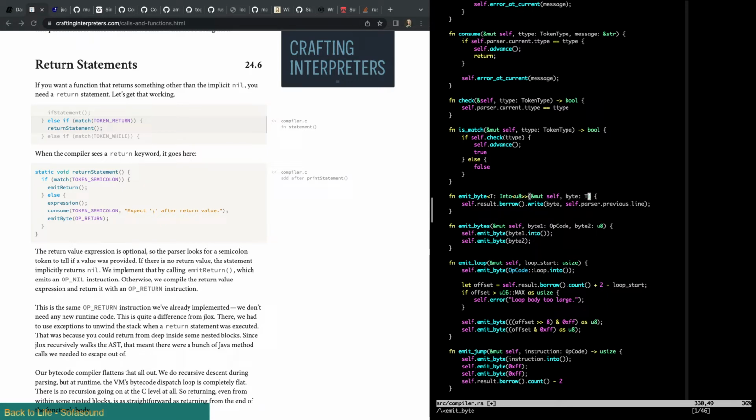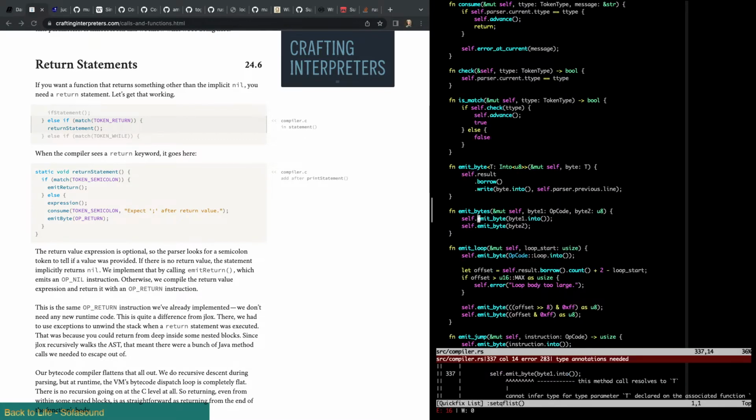So I make this a T, and then I say byte into here, and that way it's only in one spot. And this way I can pass in either a byte or an opcode. Okay, so this also needs the same thing: emit bytes T into U8. And then I'll have to go through each one of these calls and change that. But I think that'll clean up the code a bit.